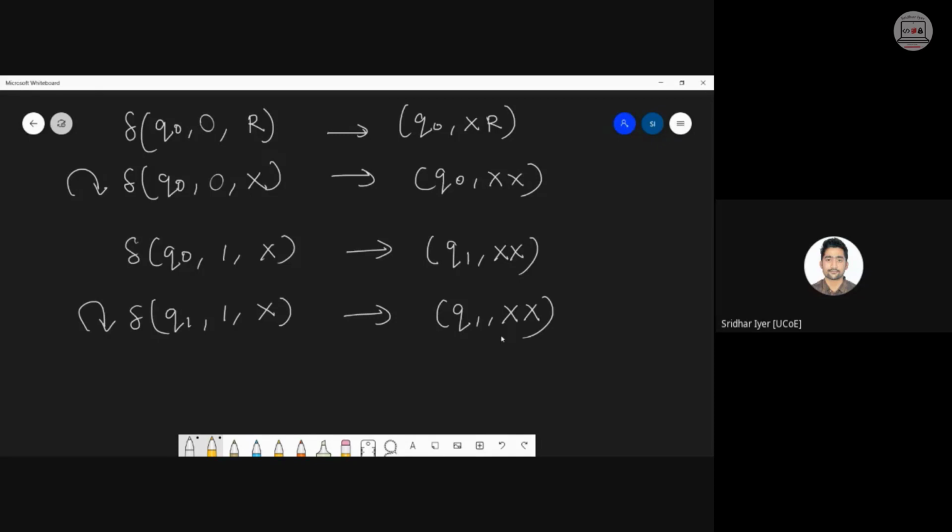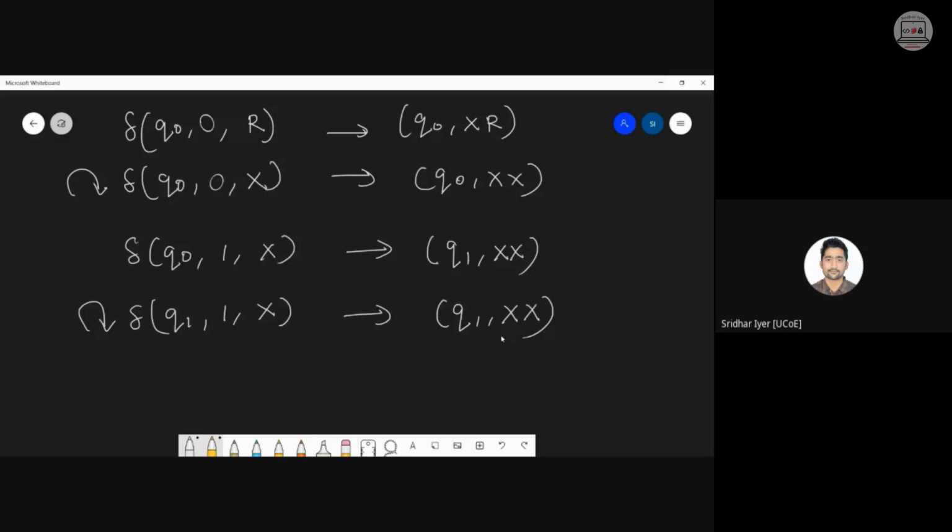Is this transition function clear? Because 0 and 1 are independent of each other. Correct, earlier when the symbol was the same we stayed there, right? So because zeros and ones are independent of each other, we know that q0 is a state which is accepting zeros and q1 is a state which is accepting 1. That is why we are not going back to q0. This is the simplest reason. As we have already read all the zeros, we don't need to go back to q0. That is why we are staying back at q1 only.